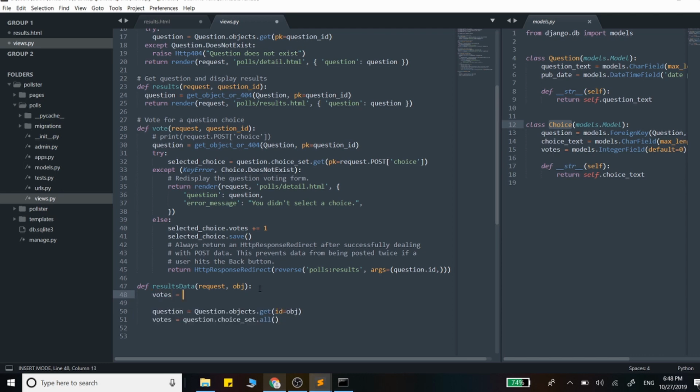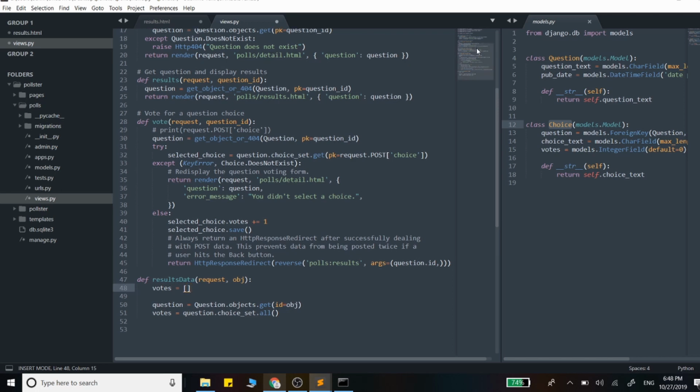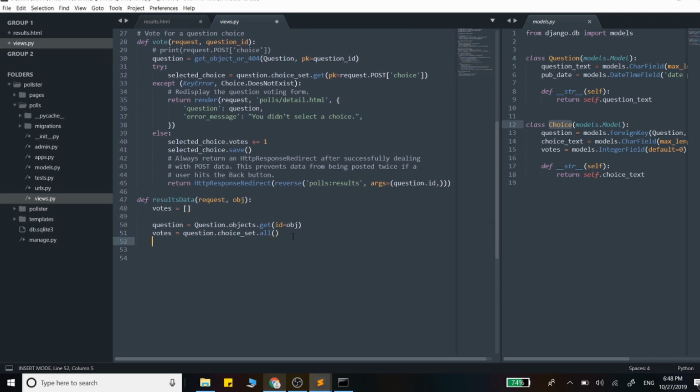This is a video for charts. This is going to be just an empty array, and what we want to do is append one object for every single choice that we have, or every vote. So for i in votes, let's get this array, and let's call this vote data. And we just want to append to it,